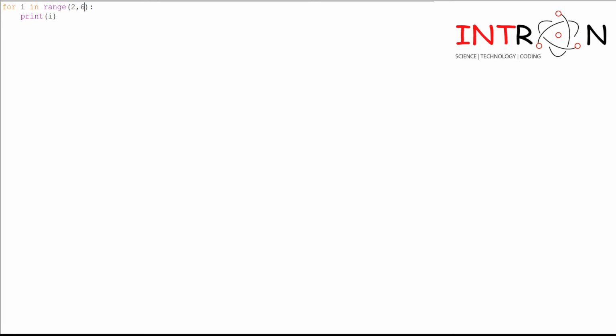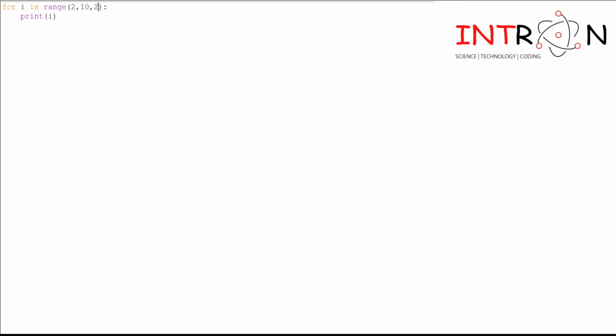So we have seen here that by default the value will be incremented, that is, I will be incremented by 1. What if you want to increment I not by 1, but by 2 or 3, how can you do that? So let me change the stop value first. I want to execute the program starting from 2 up to 10, and it should print values, but it should not be incremented by 1, it should be incremented by 2.